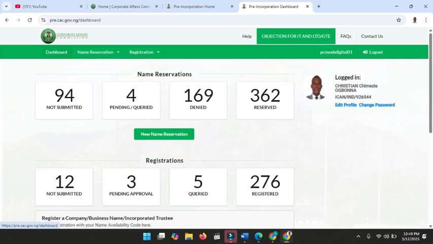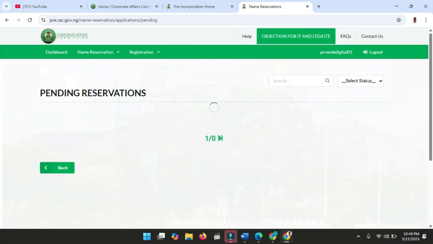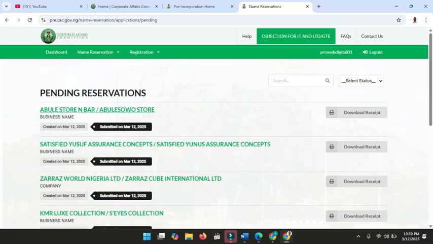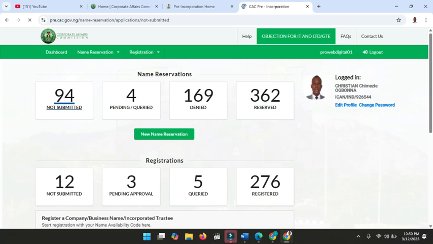So after making your payment, like I told you earlier, you need to go back to the dashboard and confirm. Go to your pending, click on it and check: is your application under the pending module? If your application is under the pending module, that simply means it has been submitted. But in a situation whereby your application is not under the pending module, that means your application has not been submitted. So therefore you need to go back to the not submitted module,